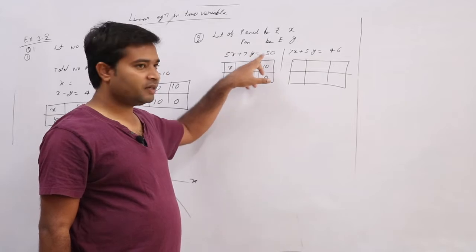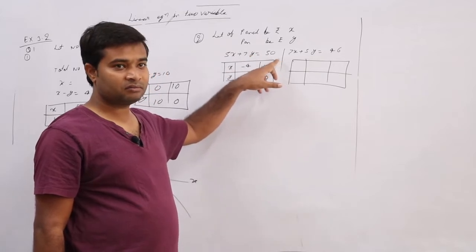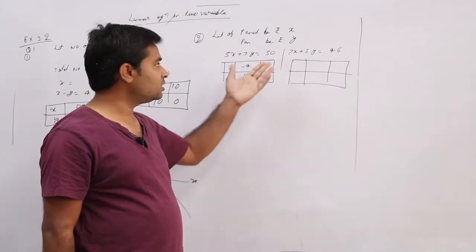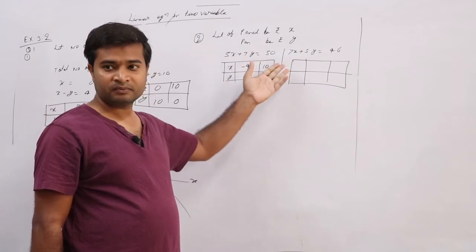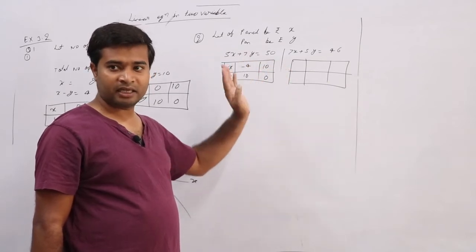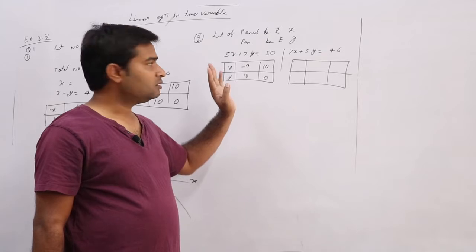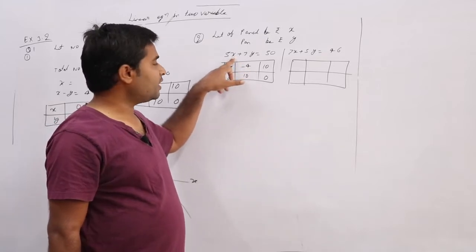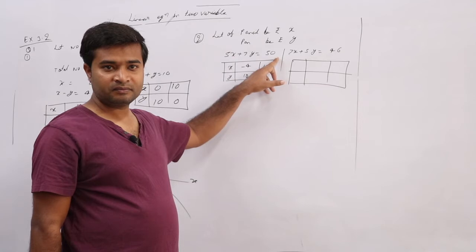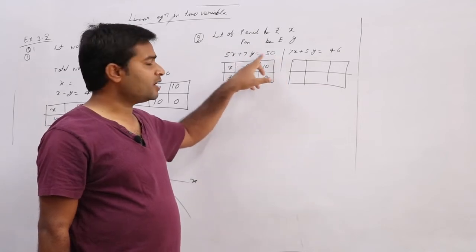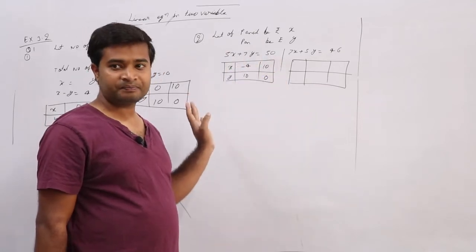Acha, does 45 come in the 7 table? No, sir. You will get a fraction only. If you put 2 also, then it will become 40, and 40 does not come in the 7 table. So whatever you do, it will come like that only. Correct? If you put 3, 5 threes are 15, then it will become 35, and 7 fives are 35. So plus 3 you can put.